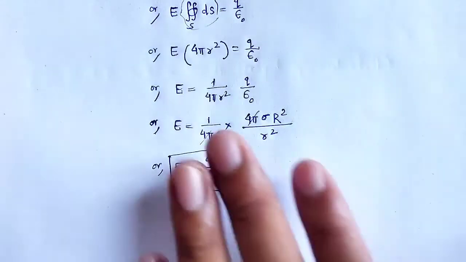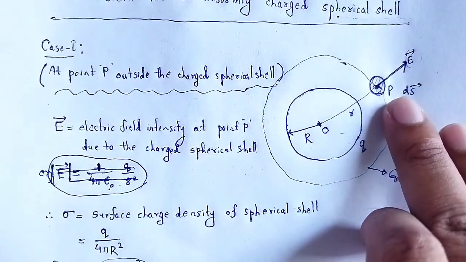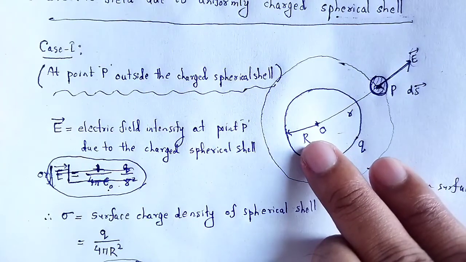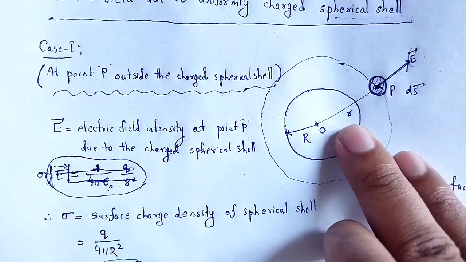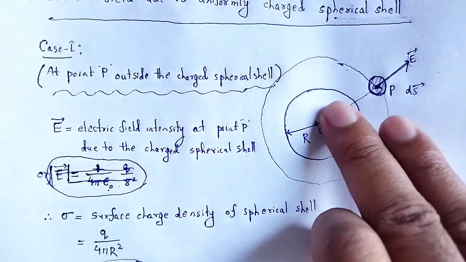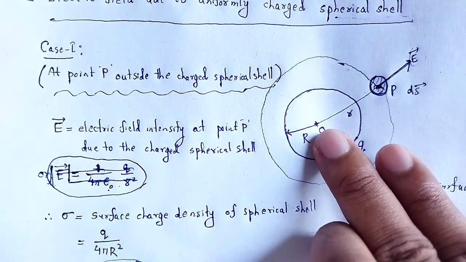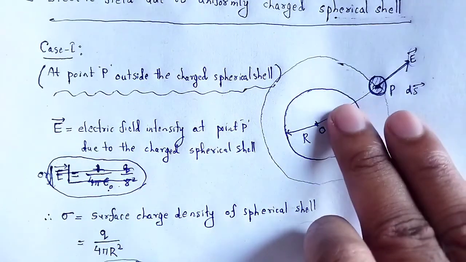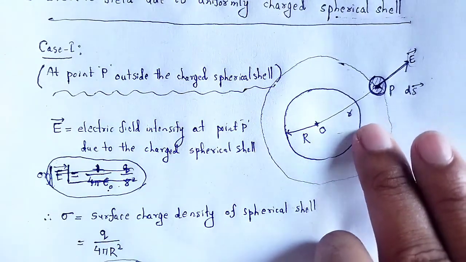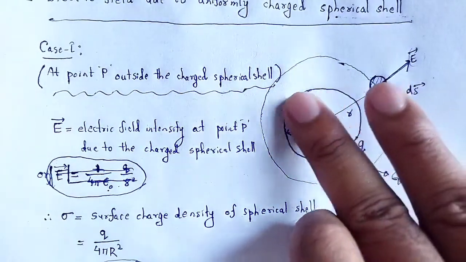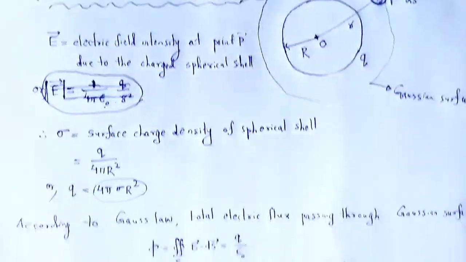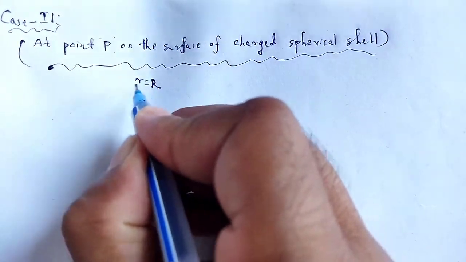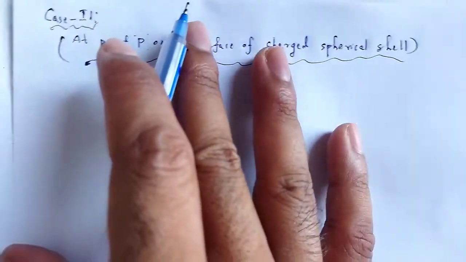Here we take that point P lies on the surface of that charged spherical shell, meaning capital R is equal to small r, and we draw a sphere of radius r, taking the center O, as the Gaussian surface. In this case the Gaussian surface passing through that point P will coincide with the charged spherical shell. Here small r is equal to capital R. Therefore, according to Gauss law,